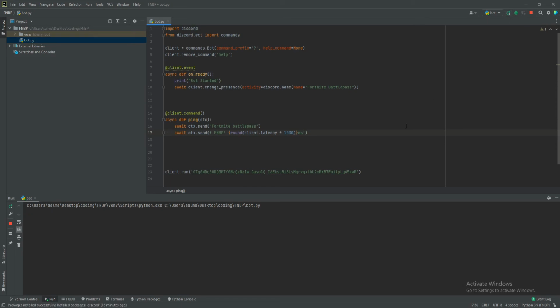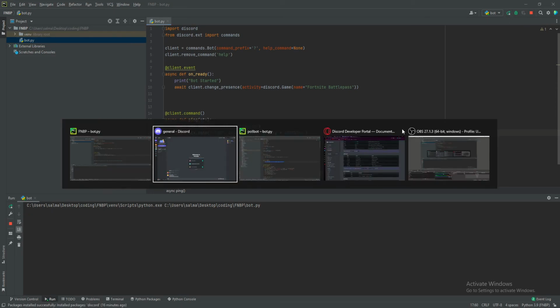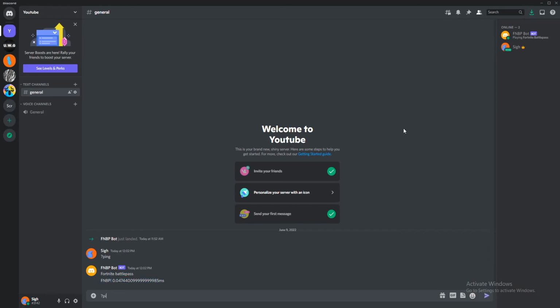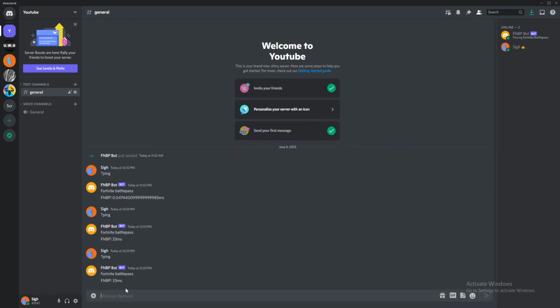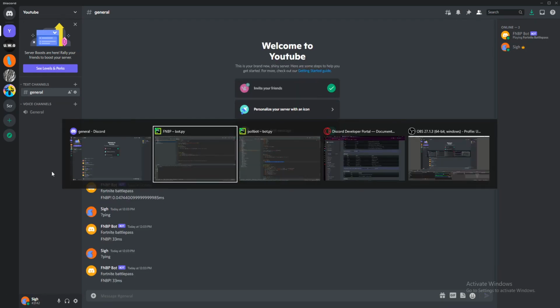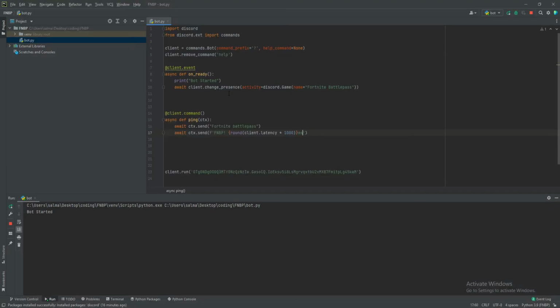So if we run and then ping, and there we go. That's the ping of our bot. Our bot is running at 33 milliseconds ping. So whenever you do something, it'll take 33 milliseconds for the bot to respond. Now that's really easy. But in the next episode, I'm going to be taking you through a bit more stuff